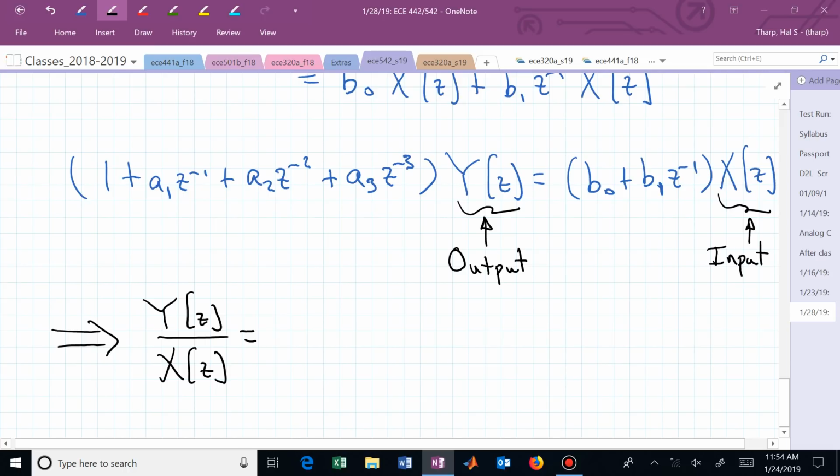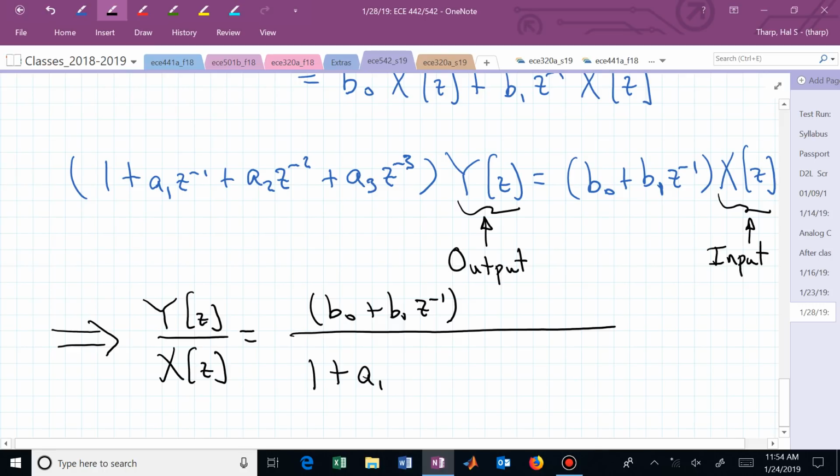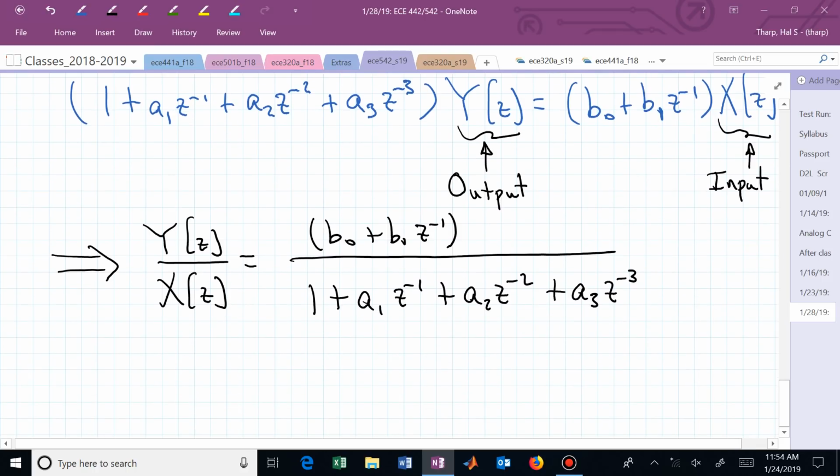Dividing both sides by capital X of z and by this 1 plus a1 z to the minus 1, we end up with b sub 0 plus b1 z to the minus 1 over 1 plus a1 z to the minus 1 plus a sub 2 z to the minus 2 plus a sub 3 z to the minus 3. And as we've said before, we typically